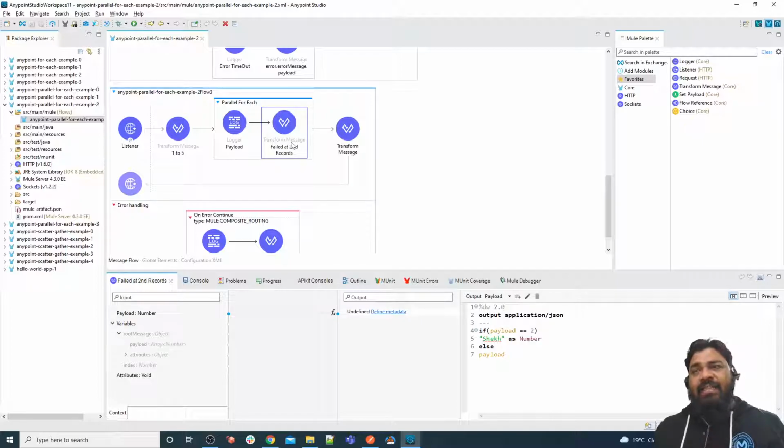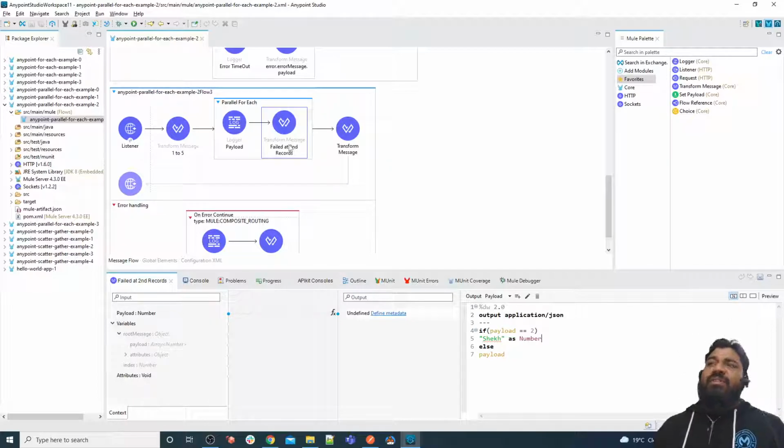at any record, as you can see we are passing records from 1 to 5, at the second record we are converting "shake" to a number. I know that it gives an expression error because "shake" is a string and is not able to be converted into a number. So I'm purposely going to fail the record at the second position. Once it fails at the second position, does your processing stop?